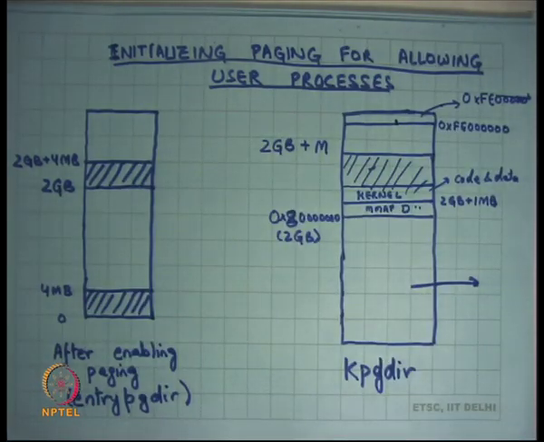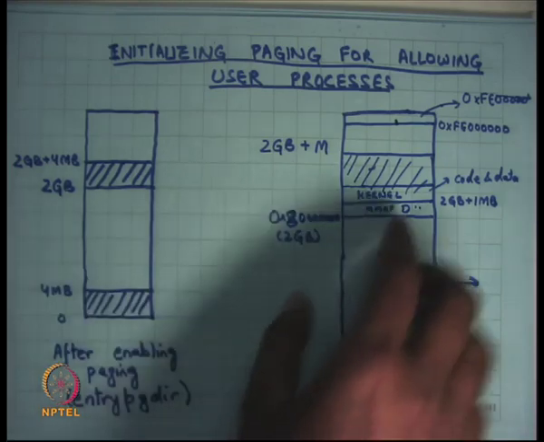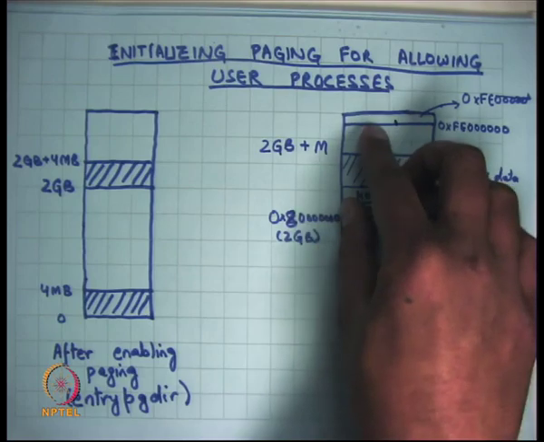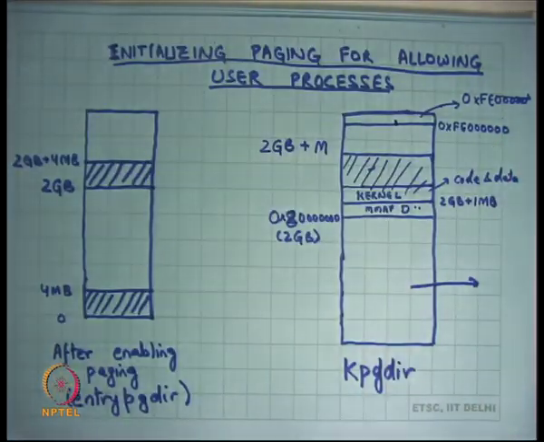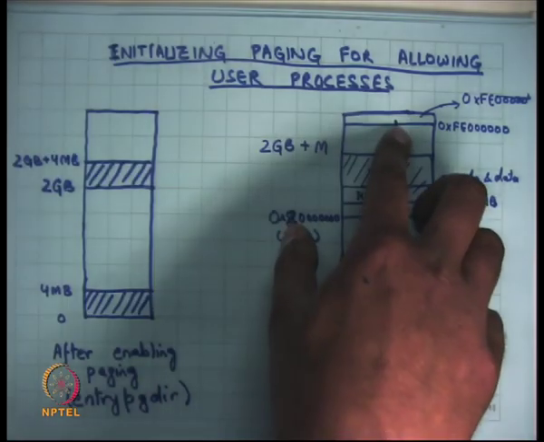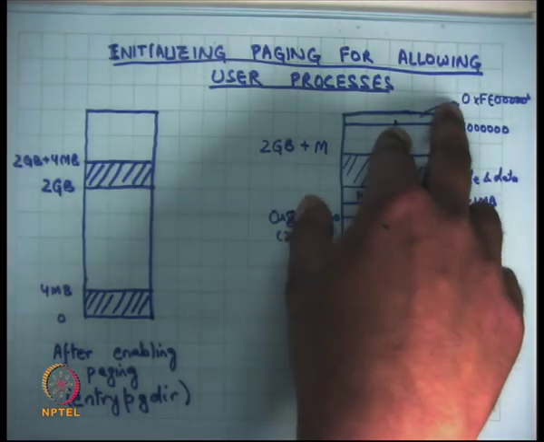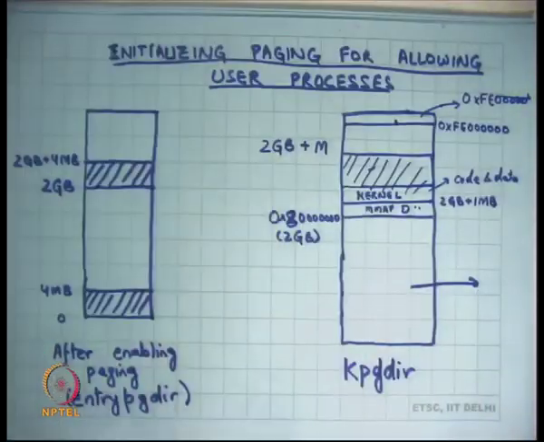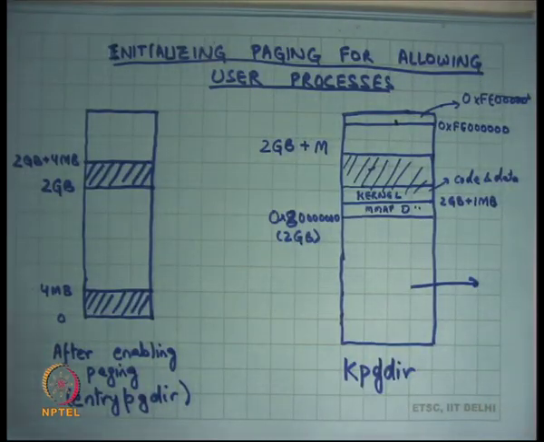So basically on a 32-bit x86 machine, the physical address 0xFE and 6 zeros is not actually pointing to memory, it is pointing to some memory mapped devices, and the kernel wants to retain that access. So what it does is it just says the top virtual address space maps identically to its corresponding physical address space. So if the kernel ever wants to access those devices, it can just use the same address, right. So I am not going to use this top address space from 0xFE000000 to 0xFFFFFFFF for anything other than memory mapped devices. They map identically to physical address space.